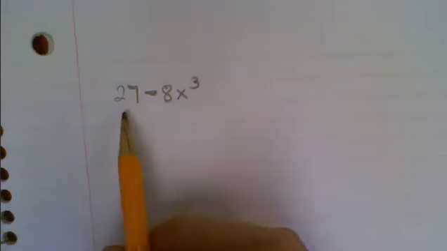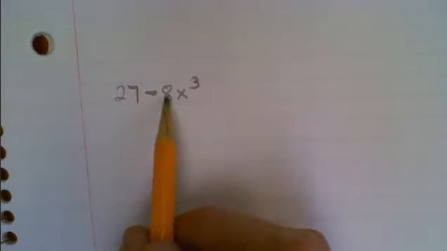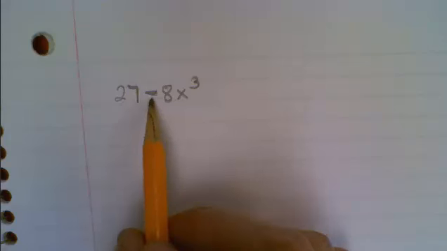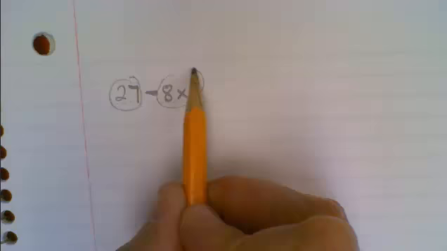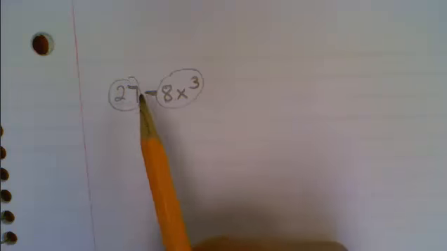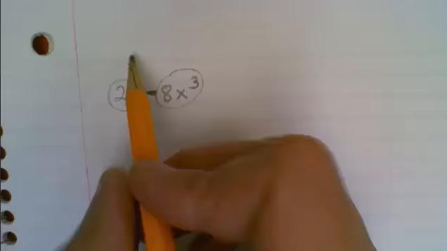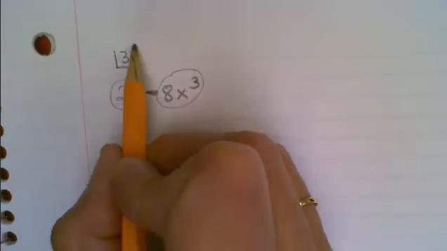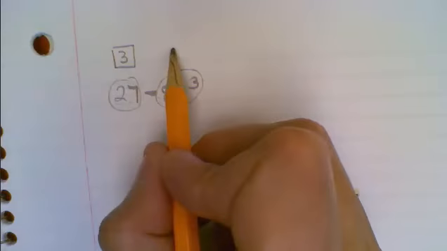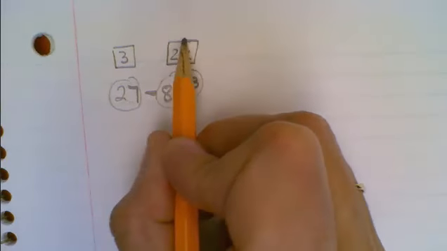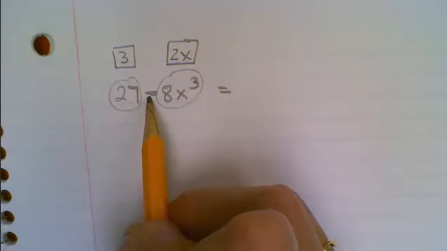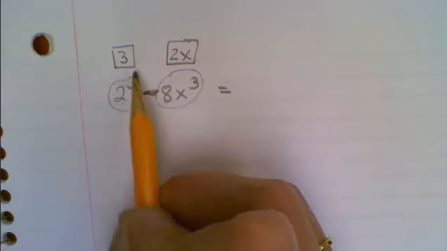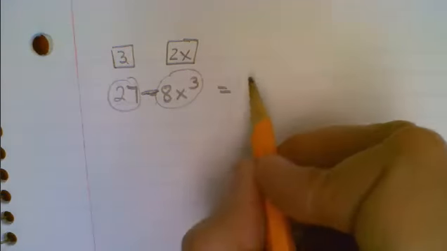factor that. When there's two terms and there's nothing common to those two terms, so first look for common factors, nothing common, then you need to look for the sum or difference of cubes or the difference of squares. And so those are both perfect cubes. 3 times 3 times 3 gives me 27, and 2x times 2x times 2x gives me 8x to the third. So when I go to factor this, one of my factors is going to be 3 minus, I use the same sign as what's in between here, so 3 minus 2x,